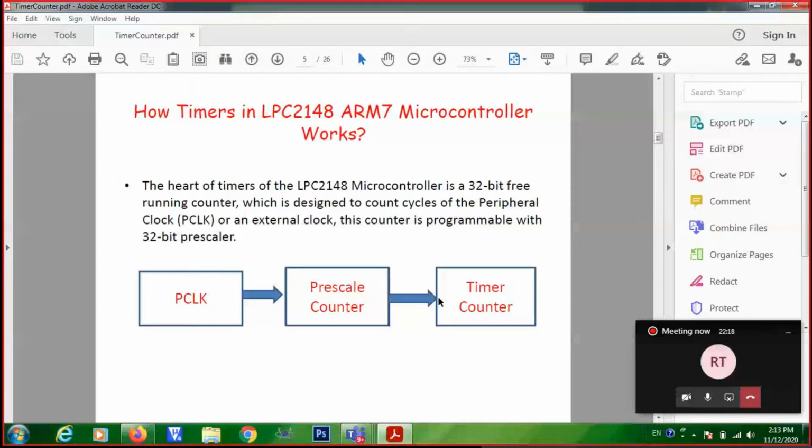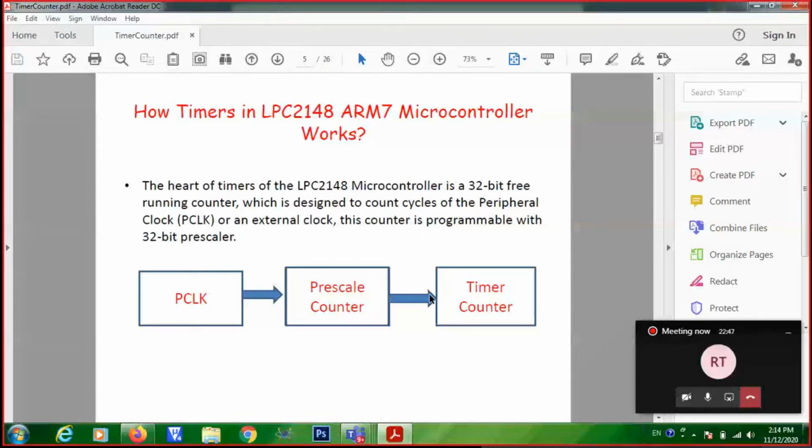For example, I am setting the prescaler ratio as 1:2. 1:2 means whenever the prescaler counter gets 2 peak clocks, then only it will generate 1 clock at the output. That means only then will the timer counter increment by 1.